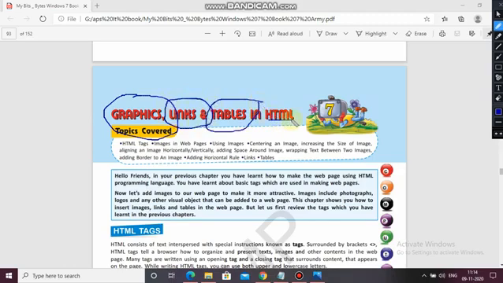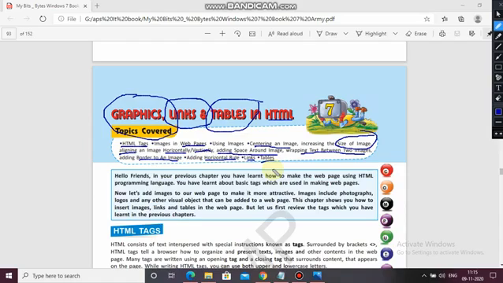As I had already told, the topics include HTML tags, images in web pages, centering an image, increasing the size of the image, alignment vertically and horizontally both, then adding space around the image, wrapping the text between two things, adding border to an image, horizontal rule, links and tables. These are the topics which we'll be covering in this chapter.